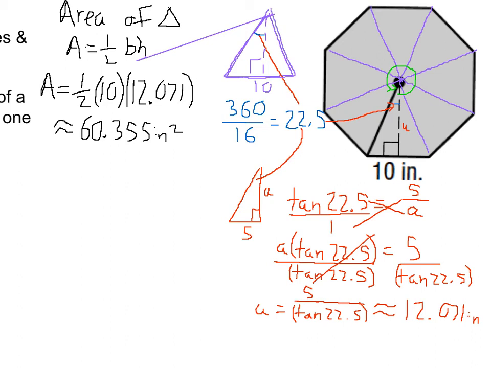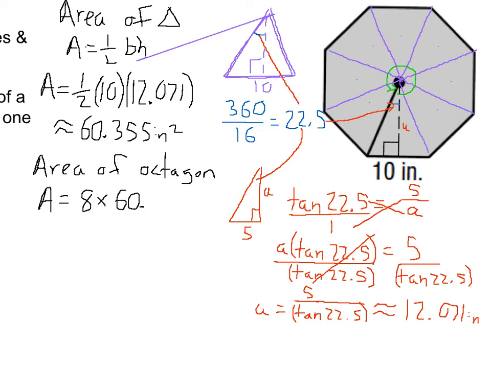And since there are 1, 2, 3, 4, 5, 6, 7, 8 of those triangles for the whole thing, then my total area, or the area of the octagon, is going to equal that area of the triangle times 8. 8 times 60.355 inches squared gets me